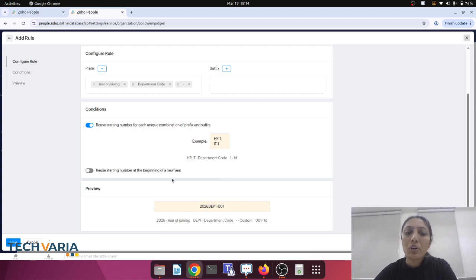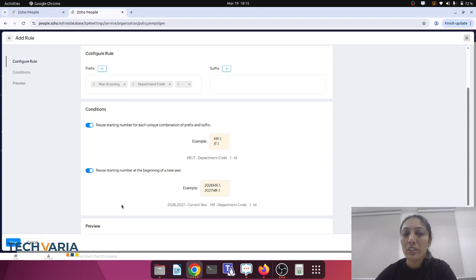Next is reusing the starting number at the beginning of a new year. For example, if every year I want the employee ID to start from the first digit and I don't want it to be continuous across years, then I need to enable this feature.